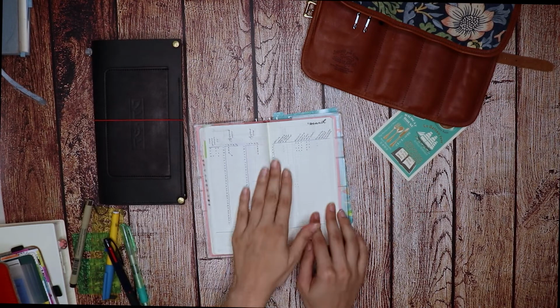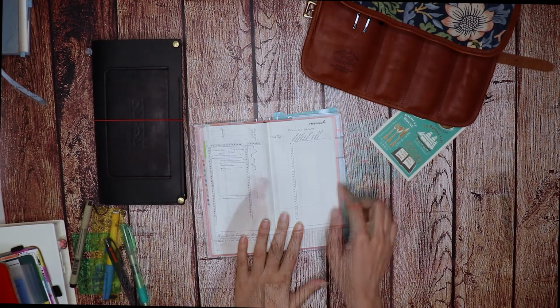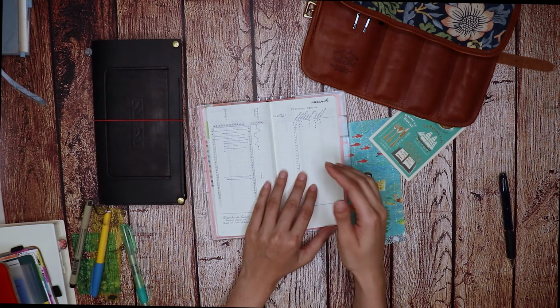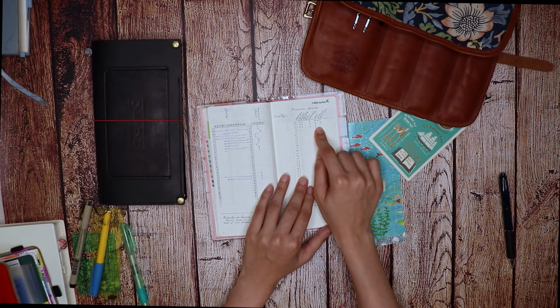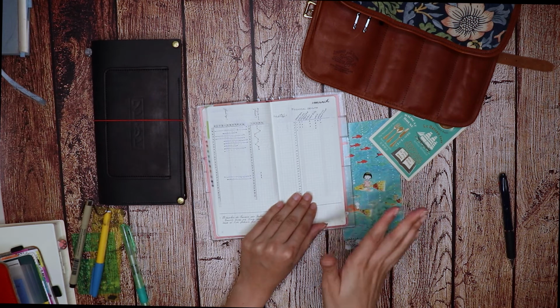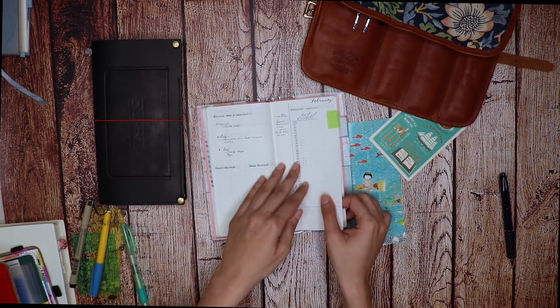Okay, so the way I'm using these trackers, they're basically habits that I want to work on and develop as part of my daily routine, and this includes making my bed every day, reading, writing, doing art, learning new things, self-regulation, doing yoga, exercise, and face yoga. So far, I'm super proud of how I'm starting this month. It's a huge improvement from February